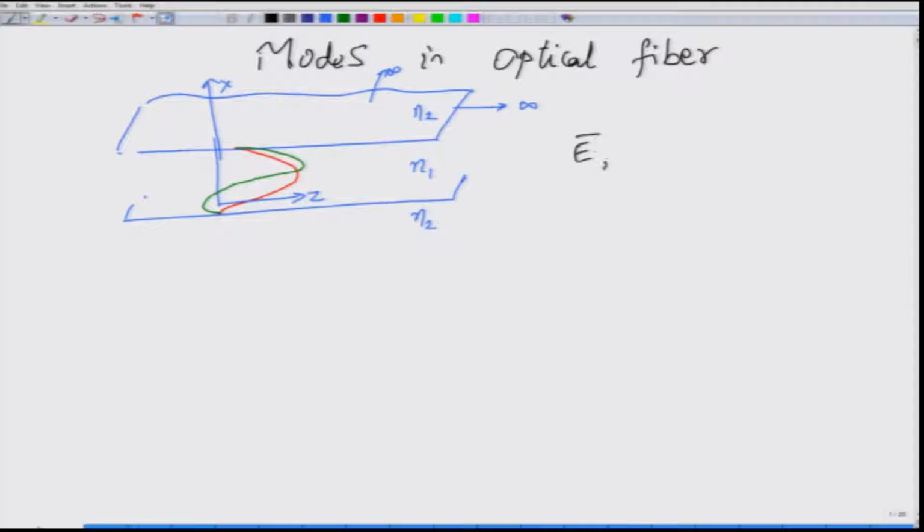of electric field and magnetic field which will be functions of the coordinate system. For a symmetric slab waveguide, my coordinate system would be the Cartesian coordinate system, and the coordinates would be x, y and z. So, you have electric field as a function of x, y and z, magnetic field also as a function of x, y and z. These fields have to satisfy certain boundary conditions. So, such a thing is called a mode.